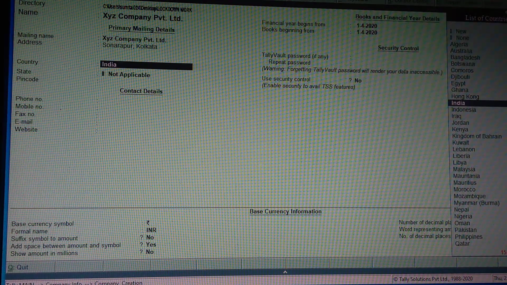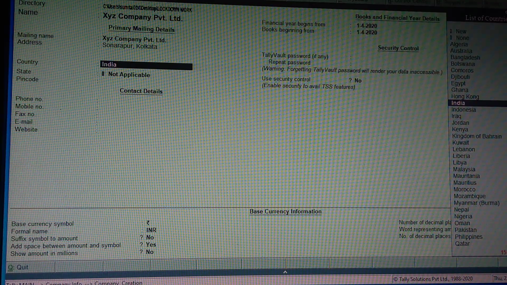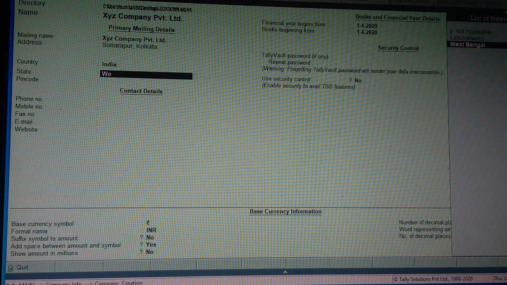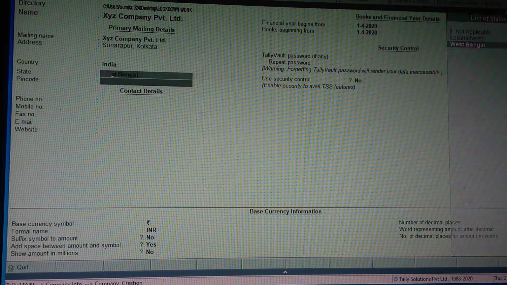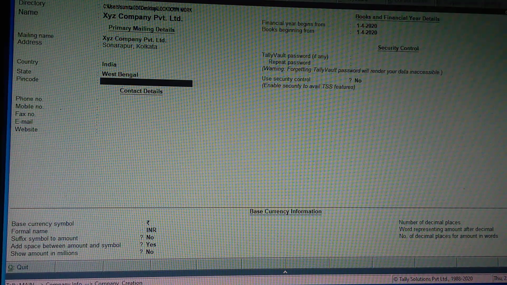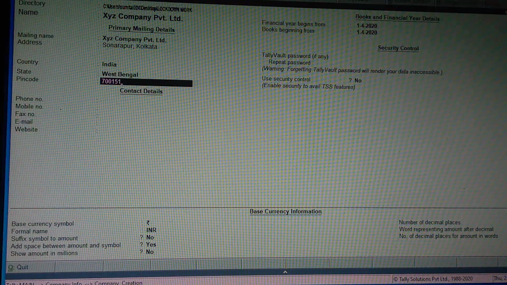Then you have to choose your country, that is India. After that you have to select your state. My state is West Bengal. Then the pin code, your area pin code, that is 700151.